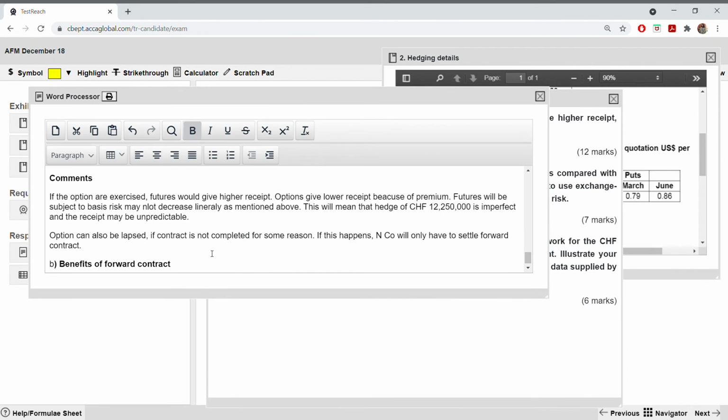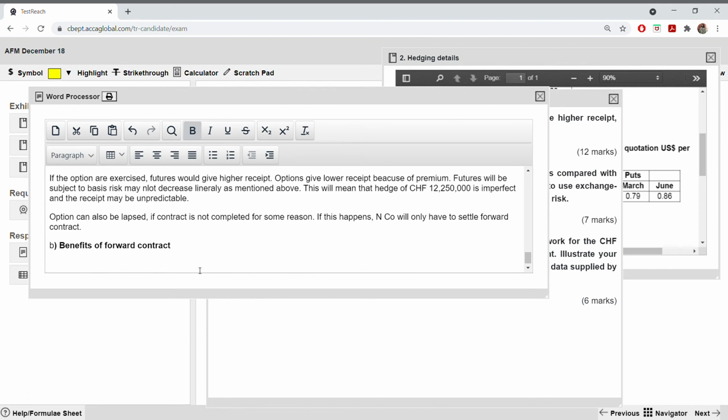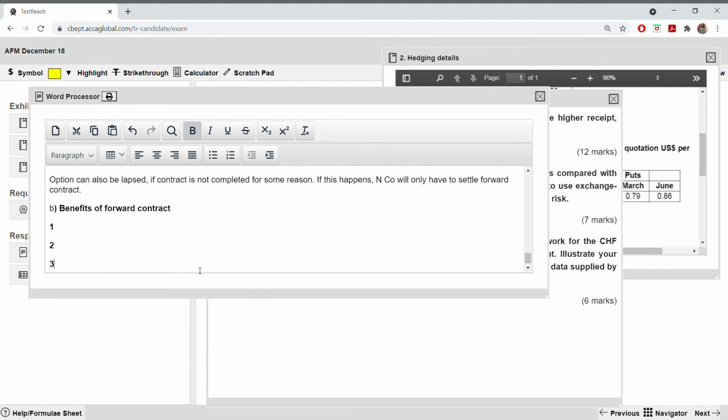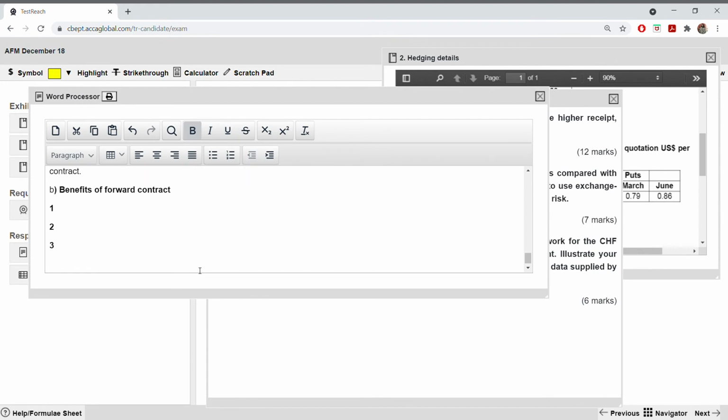it's for 7 marks. Okay, so let's say 2 or 3 benefits you are giving. You have to balance out the 7 marks between the two requirements. So benefits, let's say 3 benefits. You are giving the benefits in 3 separate lines, and don't forget to keep space between them, so that the examiner knows that the first line is for the first point, the second line is for the second point, the third line is for the third benefit.